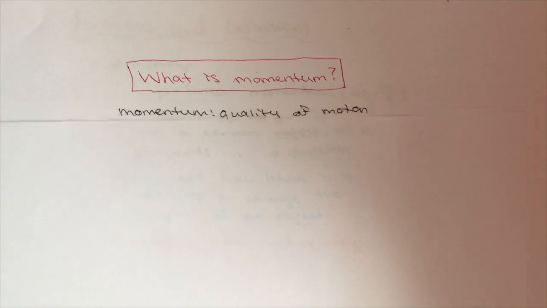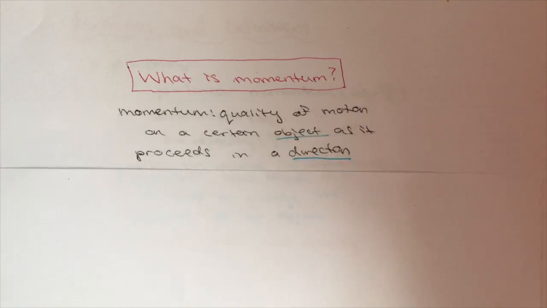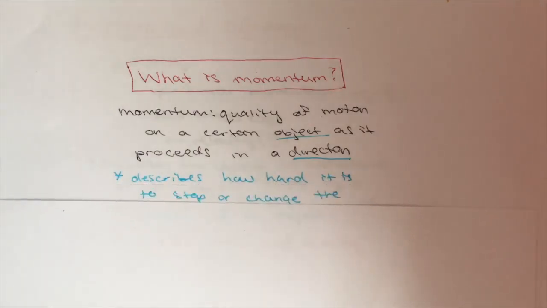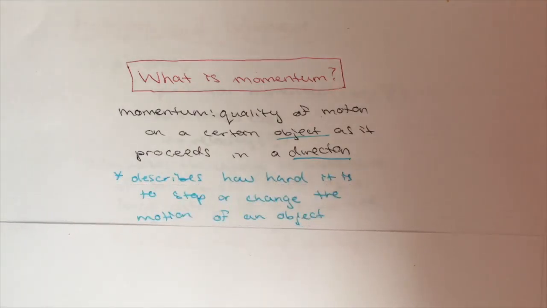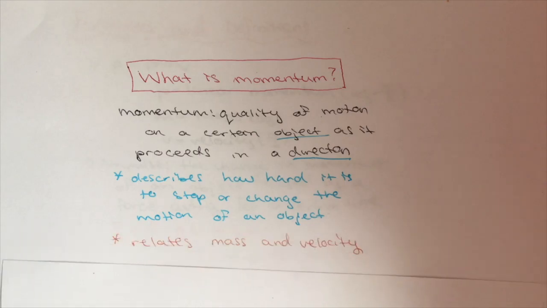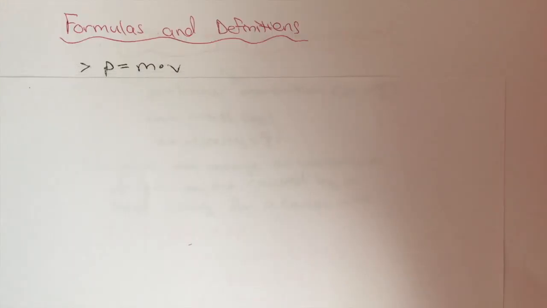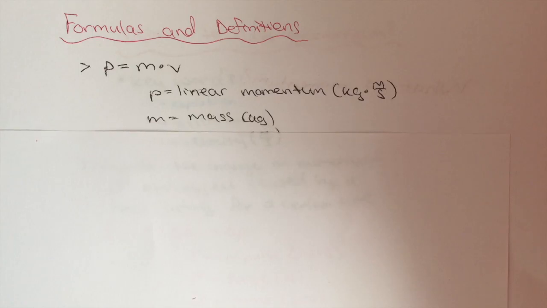So, what is momentum? Momentum is the quality of motion on a certain object as it proceeds in the direction. So basically, it describes how hard it is to stop or change the motion of an object. Momentum is just relating mass and velocity and how much it's going to take for you to change the motion of an object. So momentum, or P, is equal to mass times velocity,